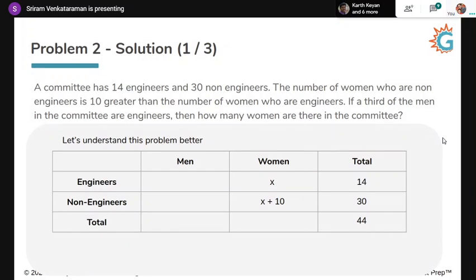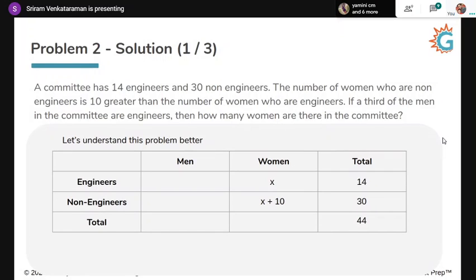Now, before I go to that, I just want to notice that the total should add up, right? The total number of people has to be the total number of engineers plus non-engineers. There are totally 44 people in the committee, right? Now, out of that, there are X women who are engineers, and therefore there are X plus 10 women who are non-engineers. Okay, that's from my second statement,